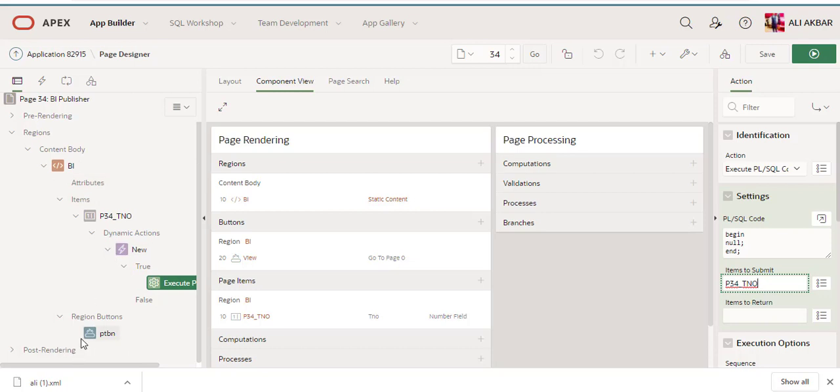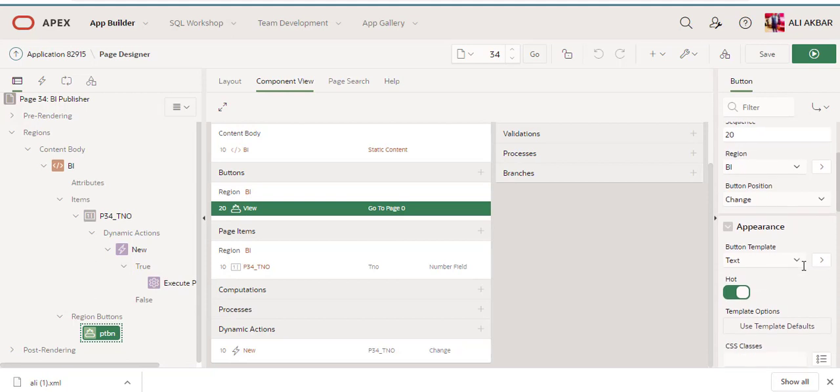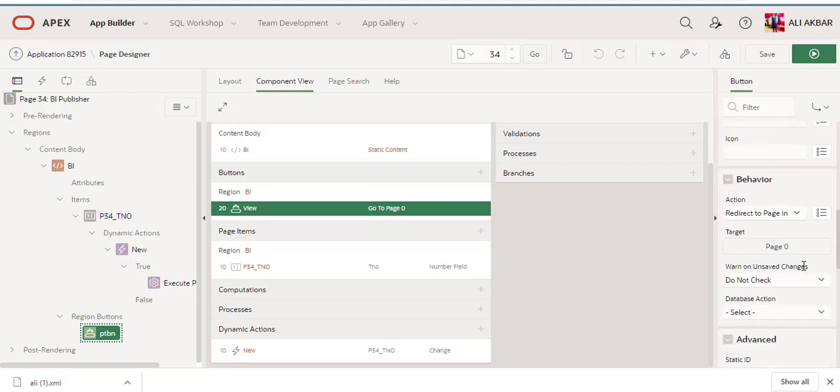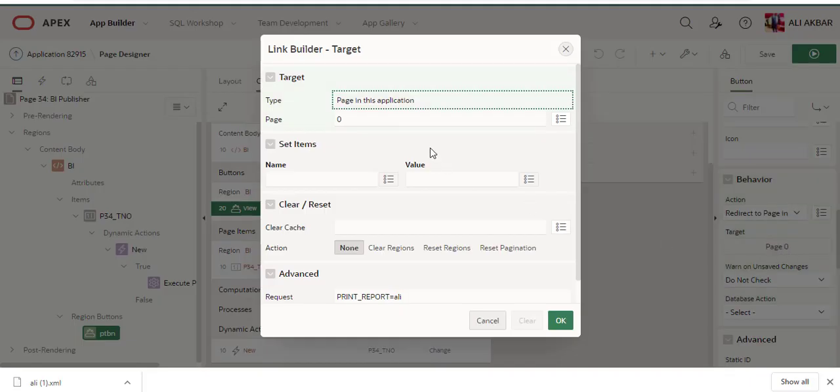And the button layout, you can see I'm just changing in behavior. Action I selected from submit page, action to redirect to this page in this application, and assigning target page 0, and request I paste what we copied from the report query, cancel.